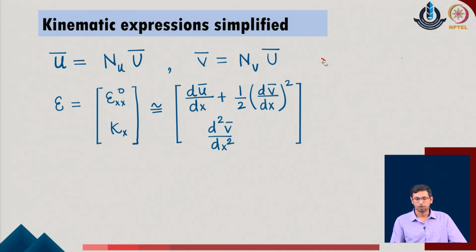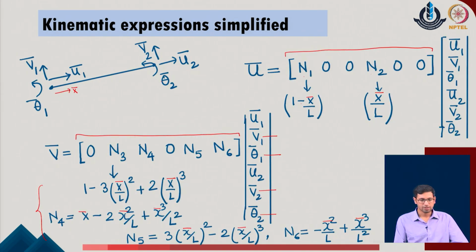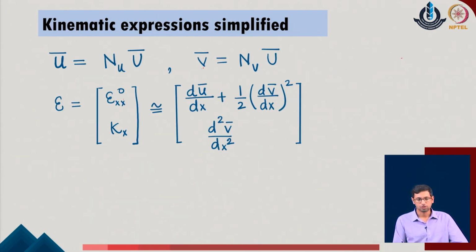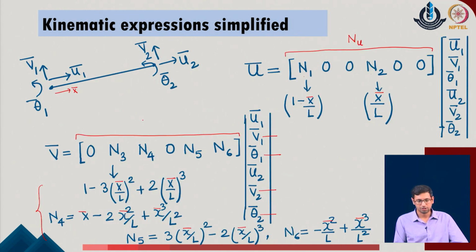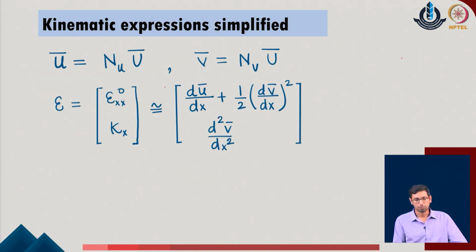With this idea, now that I have this consolidated form, we write u bar is equal to this overall expression, and this we write as n of u in the given problem. Similarly, the second, which is v bar, we write this overall expression, that is n of v, and that way we are able to write that u bar is equal to n u of u bar and v bar is equal to n v of v bar in the given system.